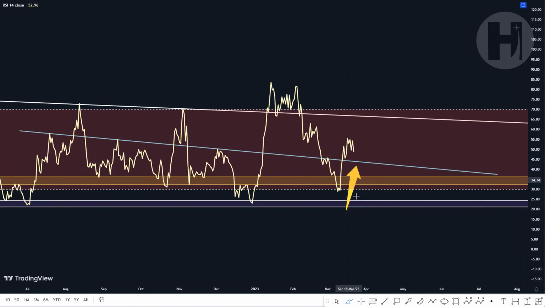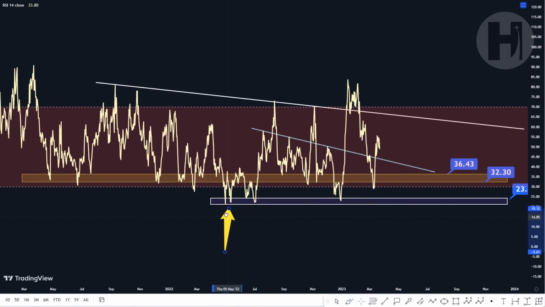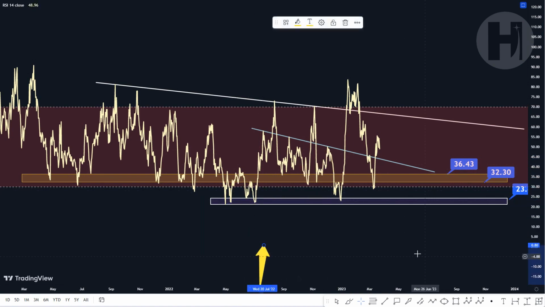You can eyeball that. And of course, the golden support block as well, and the purple support block down below, which is even more important because every single time you got overbought after a capitulation, a flash crash, or whatever it may be, we saw a move to the upside from this support block. So that's around